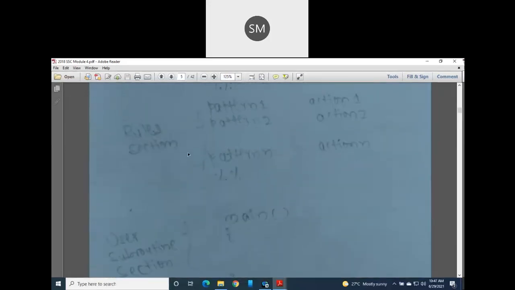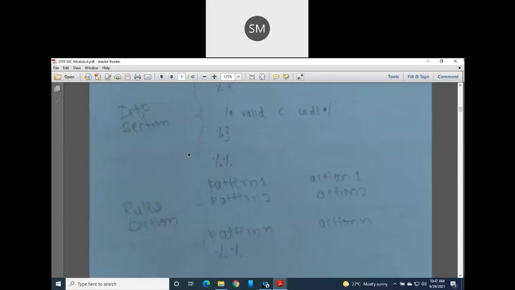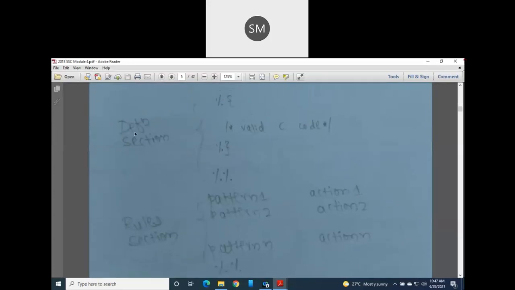In these three sections, the first and last sections are very easy. No need to worry much about them. As its name itself says, it is a definition section, correct? In this definition section, you will just write some declaration statements. You are going to declare some variables, assignments or initialize statements, whatever you want to write, in this definition section.